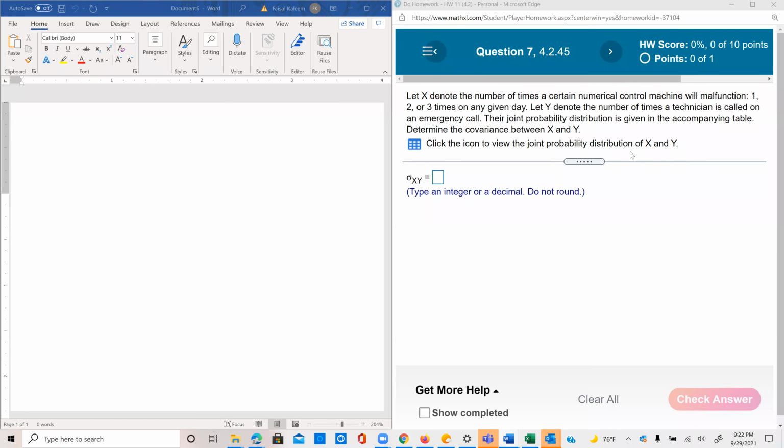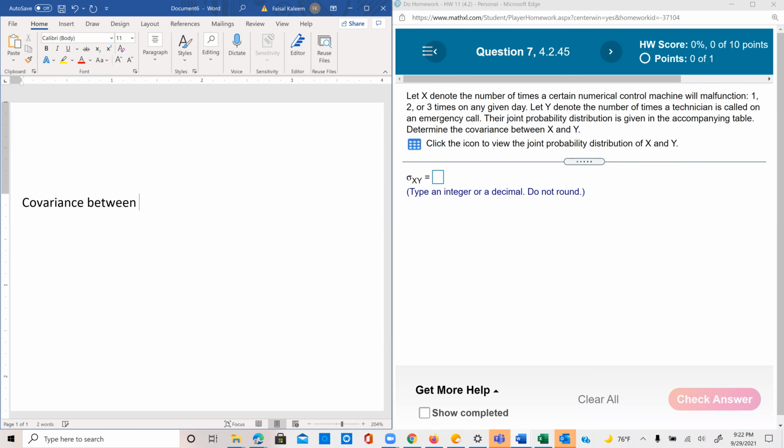So we're given two variables x and y here, and we have to find the covariance between them. So let's define the covariance first. Covariance between x and y is defined as,